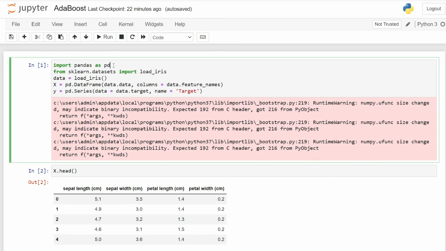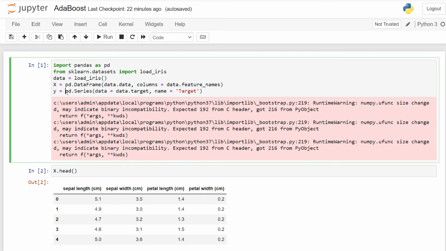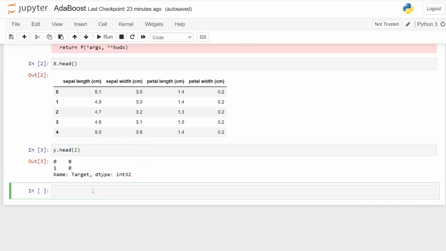In the first place, I am importing pandas. I am loading the Iris dataset. Iris is a flower dataset. Then I load it into the data variable. Then I create a data frame where I am taking data.data with the columns of the feature names, which are sepal length, sepal width, petal length, and petal width. Then I also make a series, a single vector, one column, with the data targets. These targets are Setosa, Versicolor, and Virginica, which are 3 types of flowers of the iris species, and the name I have given is target. Then I try to see what my data really is, and now we can move on.